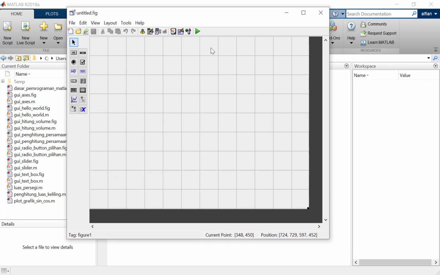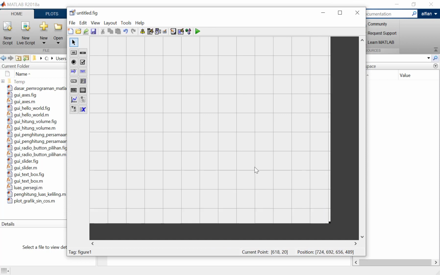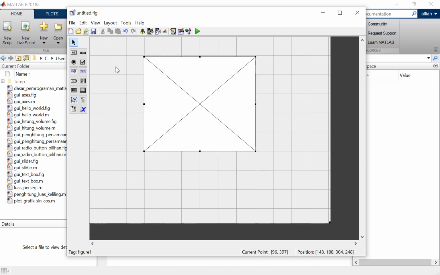After the window is open, we will add the axis. We will add the axis here, and we will input the first value. And then we add the second value.